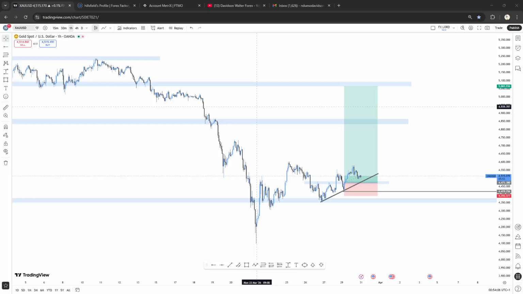Basically, today it's just gonna be chart analysis as usual. Nothing different. We're just looking at what's happening in the market, what has happened before, what is going to happen, and what's currently going on.